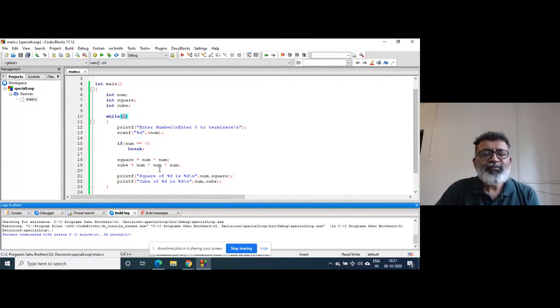Now, here also you can use that logical NOT operator. Right? You can write like this: if, can we use it here? Let's see. If suppose 0 is entered, yes, we can use this.